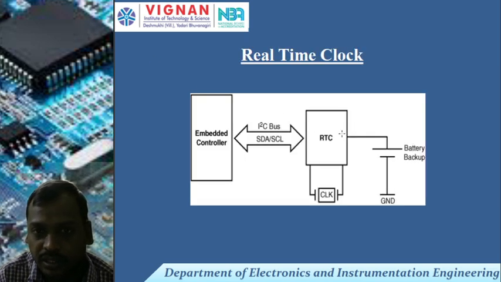So the real-time clock is very important. Whenever you are using a general purpose system, whenever you switch on the desktop, it always displays the current time, current year, and current date also. All of that is maintained internally by the real-time clock. Here observe, we are taking the embedded controller, and inside we have a battery backup. Any application, whether small, medium or large, requires the real-time clock. Internally it will maintain the current time, year and so on.